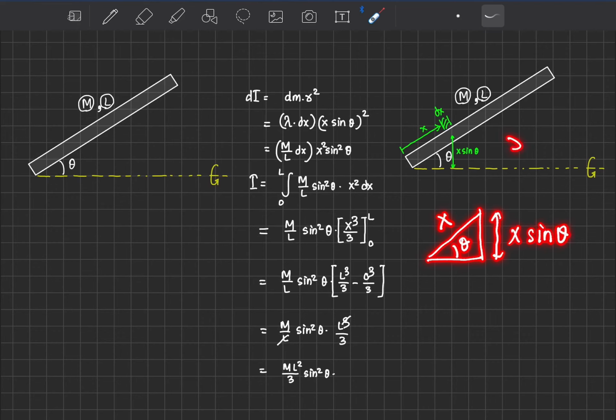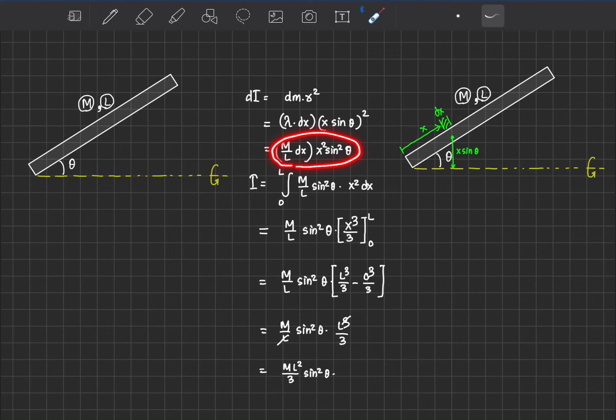So our r here will be equal to x sine theta, because r is the distance of the point from the axis, not from one end, from the axis here. So we are using x sine theta. Instead of r, we have put x sine theta whole square. So our integration will be of this function m by L into x square sine square theta dx. But theta is constant, so sine theta is constant, and hence sine square theta is also constant. So m by L into sine square theta came out. Only the x square dx part remains, and the x square dx integration gave us x cube by 3.